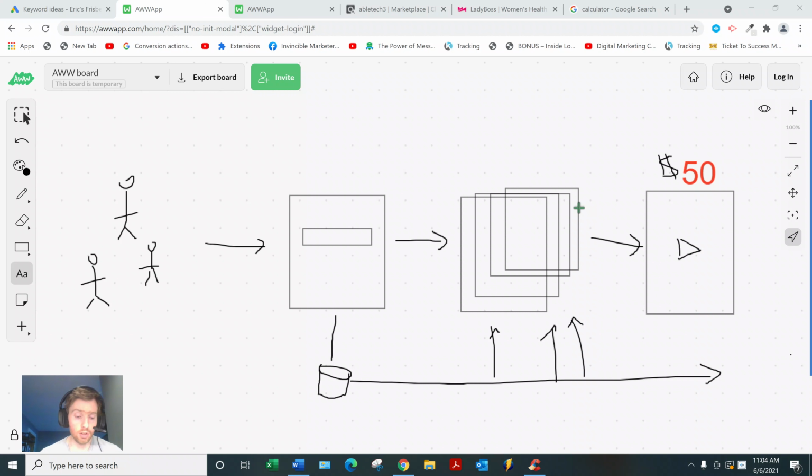So affiliate marketing metrics, top three. A lot of people aren't sure what to focus on in their business because there's so many moving parts, right? There's so many different things to manage. But if you can master these three, you'll do very well in your business. So the first one is,